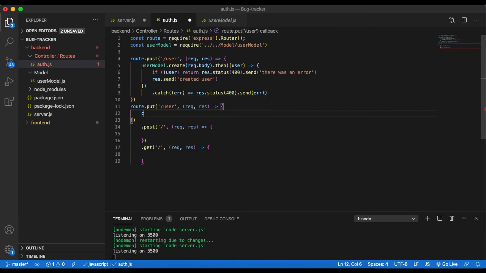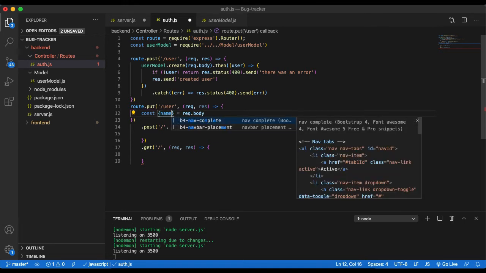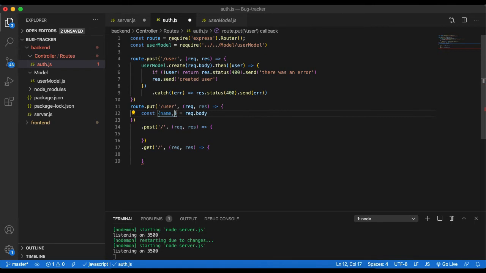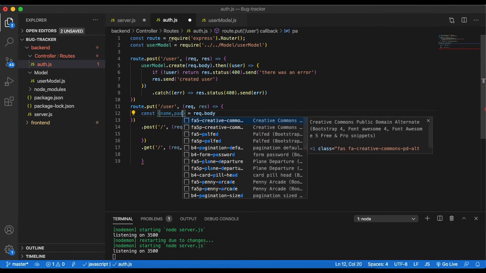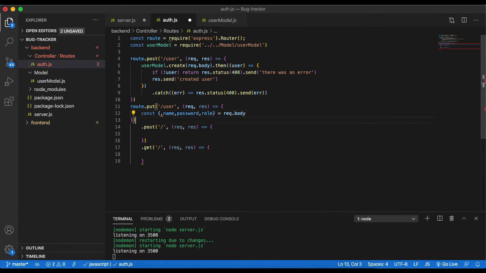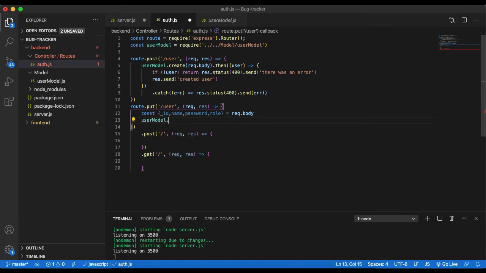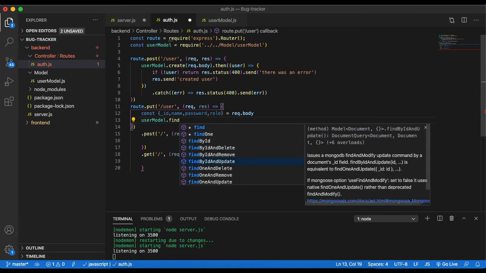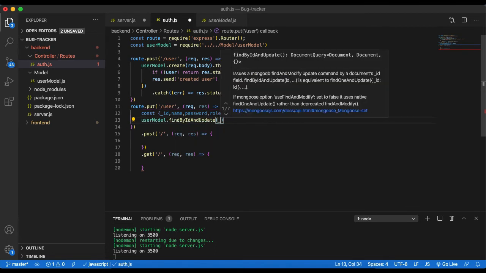So for the put, we're going to destructure the request.body, and we're going to want to get out the name, password, and role. But we're also going to be passing in the ID of the user. So let's get the ID out as well. And now we need to find the user in the database and update it. So we're going to use the userModel.findByIdAndUpdate. And then we'll pass in the ID,